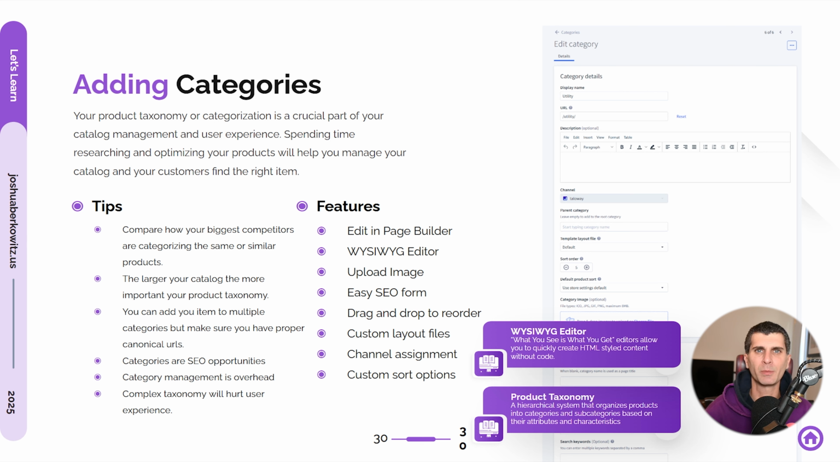Let's take a look at some tips for creating accurate and usable product taxonomy. First of all, you should compare how your biggest competitors are categorizing the same or similar products. This will help users find it quickly and easily when they're searching through your site or competitors. The larger the catalog you have, the more important your product taxonomy is. If you only have 10 items, product taxonomy is not important. If you have hundreds of items or thousands or millions of items, it becomes crucial to the operation of your